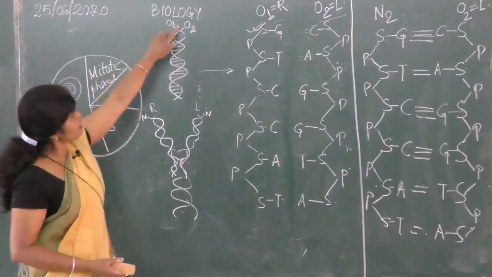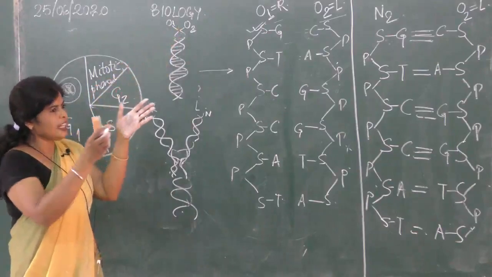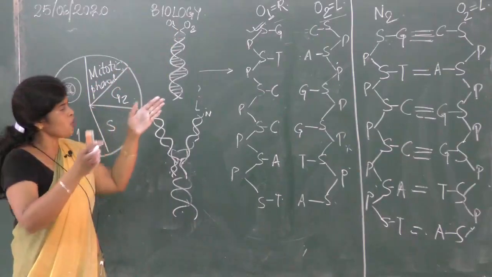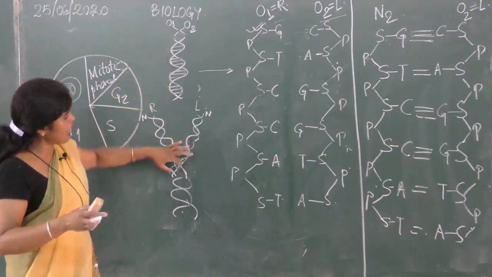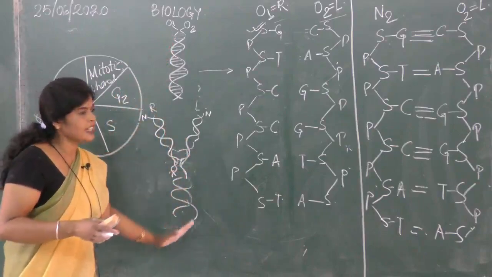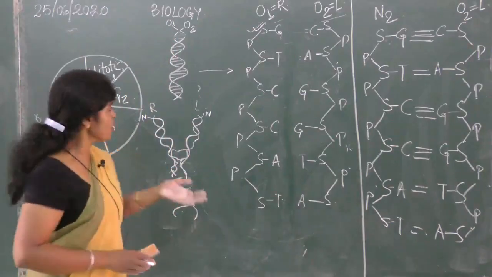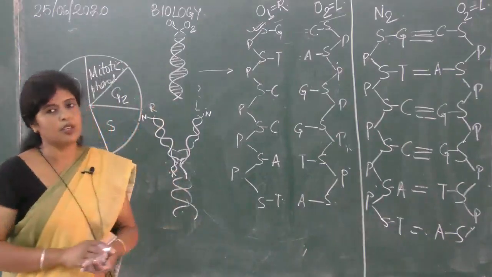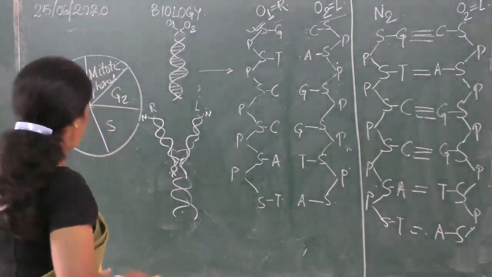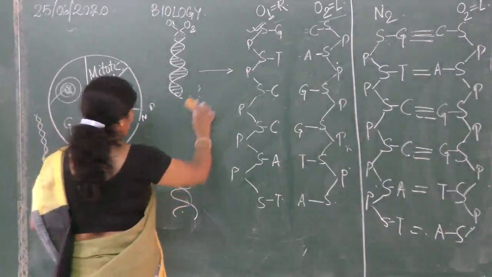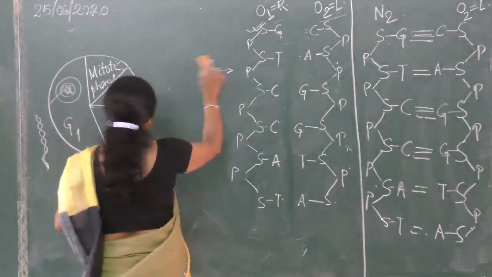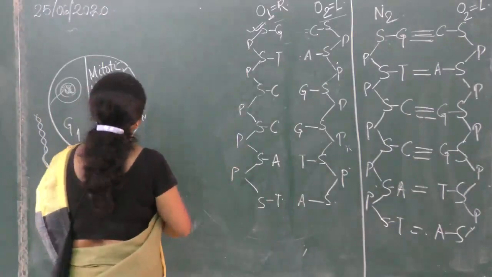Like this, it starts from one end, the DNA is open. Is it clear? As it is opening, a new strand is forming and it is elongating till the DNA separates completely. So this is how DNA replication is taking place. Is it clear? So at the end, what happens? We call this the semi-conservative method. So just let me show you what this is.